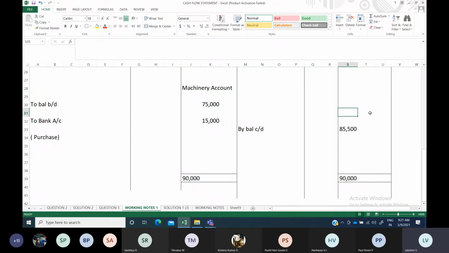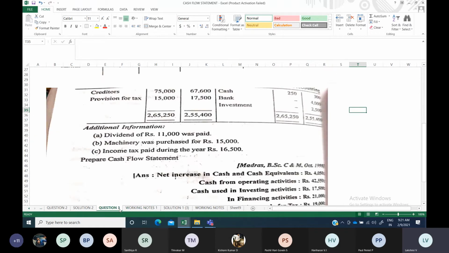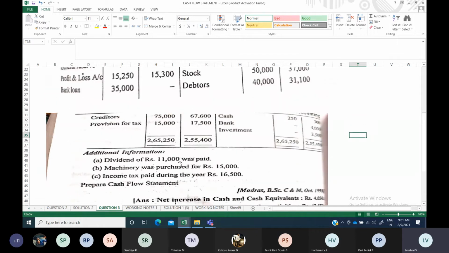Okay, there is no clear cut idea about that, because in certain questions they will tell that a decrease in the value of an asset is considered as depreciation. That can also be additional information. How much amount, they will not give you. A decrease in the value of an asset is considered as depreciation.